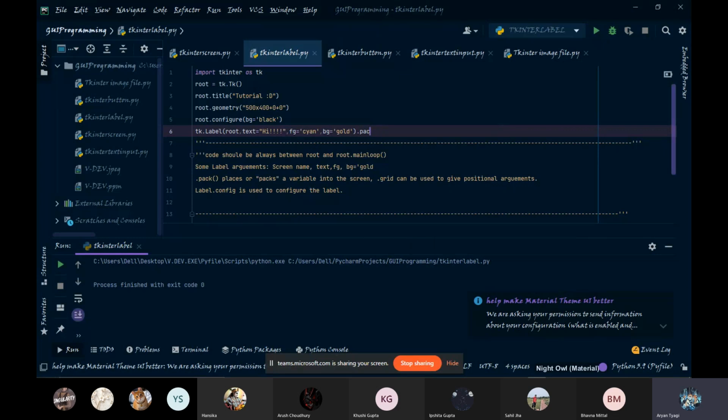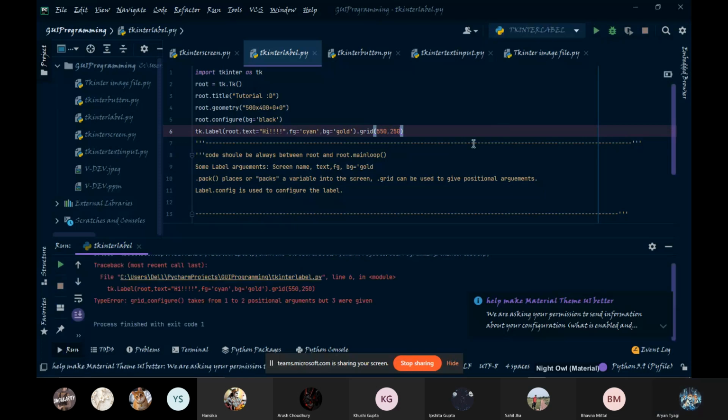Now with the dot grid function, you can provide some coordinates. For example, if I want it at 550, 250, I think it should be a string. Let's just try them out. Yes, it should be a string.